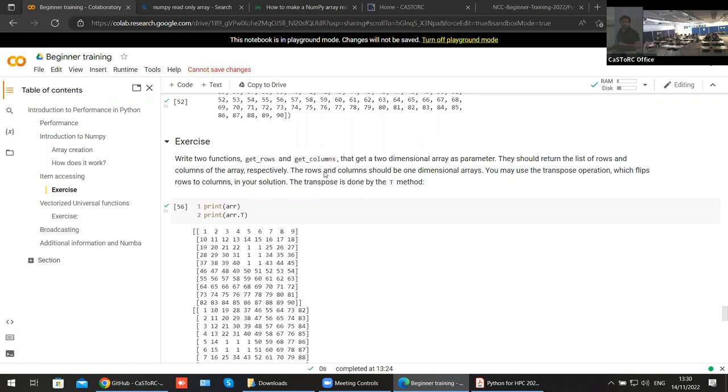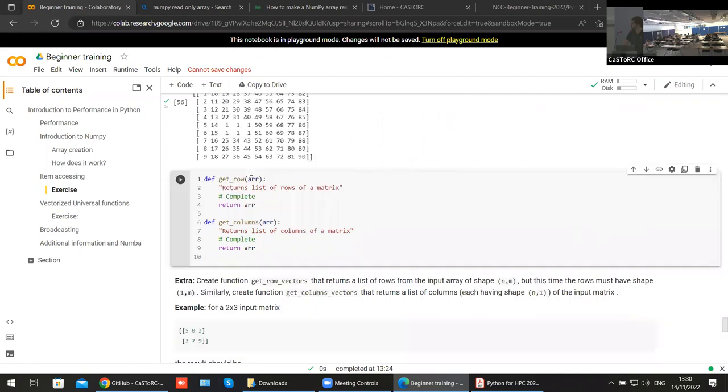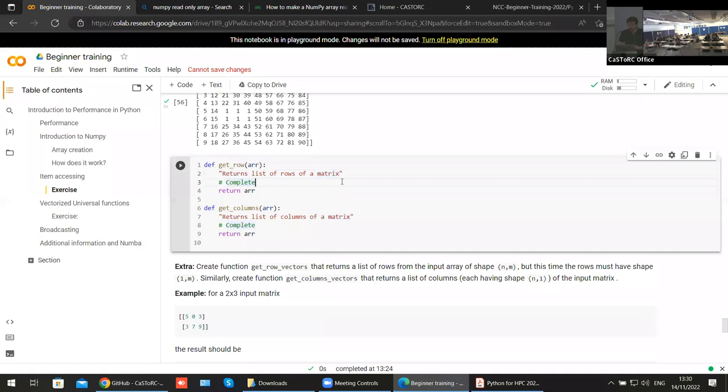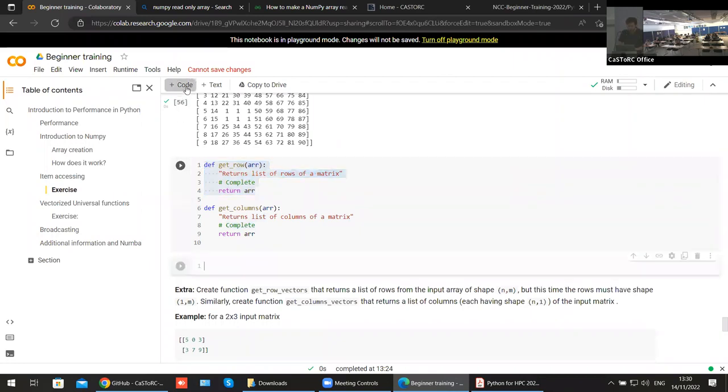Okay, let's start again. I left you with 2 exercises. The purpose of these was to write a function that gets rows and columns of a matrix. I saw some solutions around, so let's go through a couple of options that I saw. The purpose is to return a list of rows, right? What we said before is that we can access a row of a matrix by putting a number